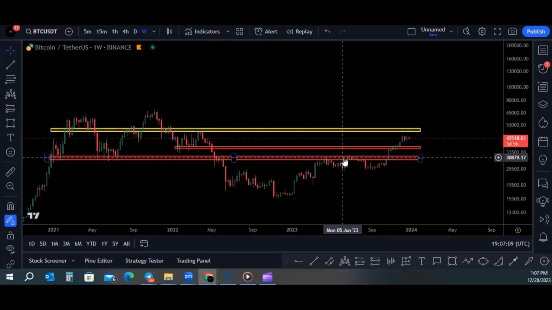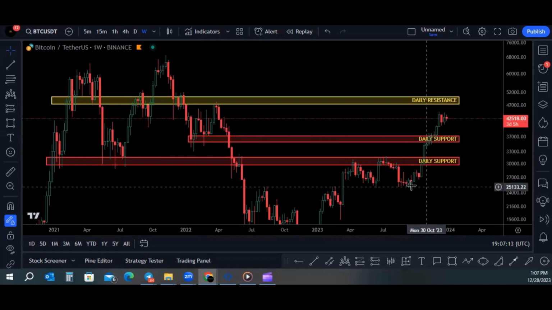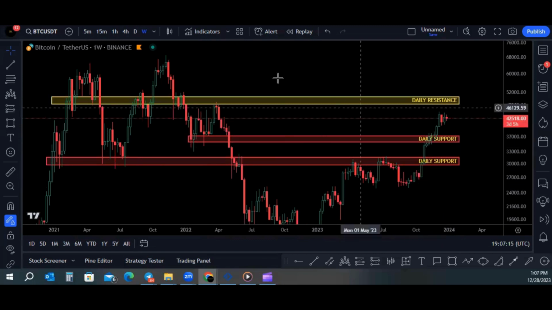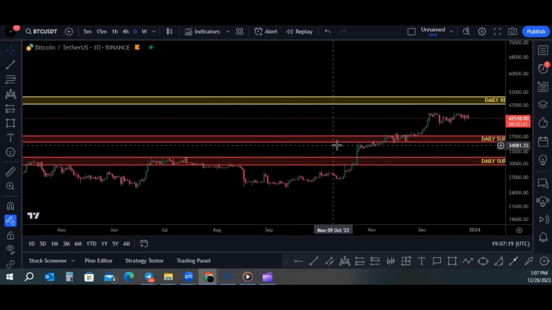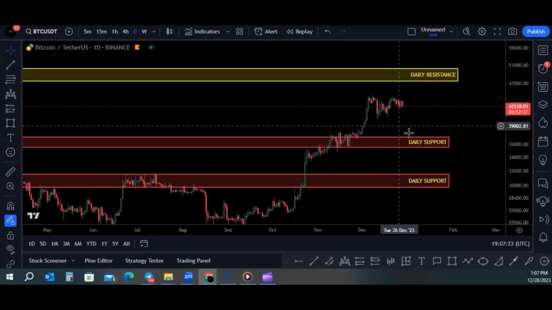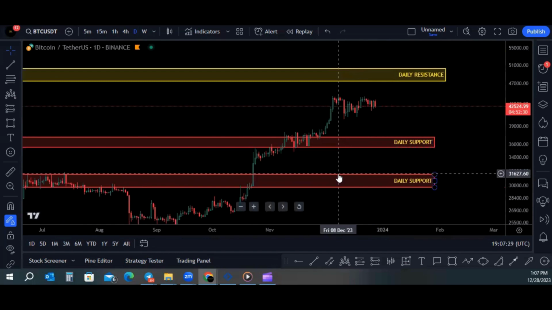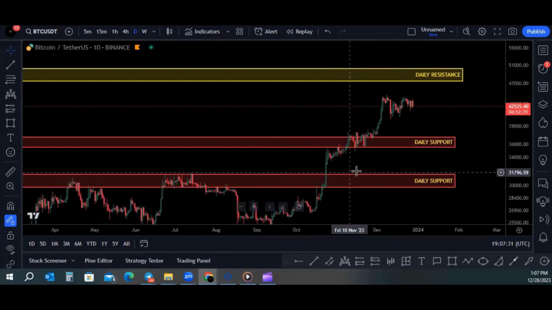But for the most part, I'm looking at this 30K. A couple reasons why is we haven't seen really a retracement yet. But the main thing that I'm thinking of is why I think we could break through this and come down to the support down here is because